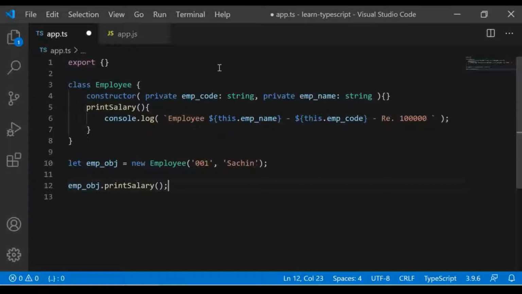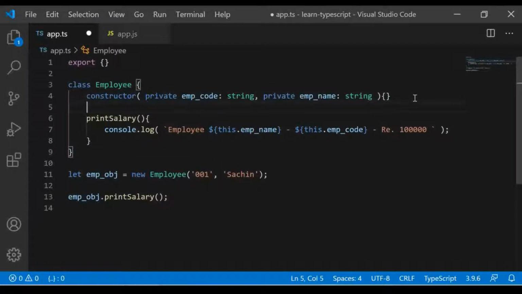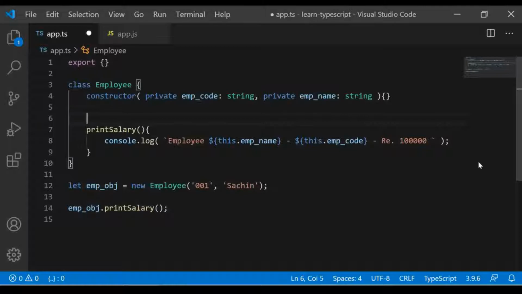Now there is some small problem. So what happens if during the program we want to change the value of employee name or employee code, how to access them? Since we made them private, now there is no way available to access them throughout the course of the program. So now we need some way to change them and get their current value. So to do that, we can write methods.